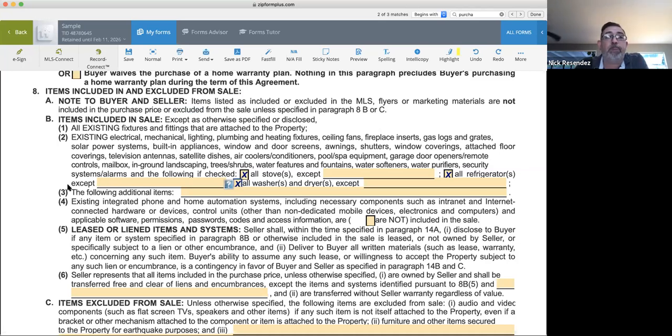Well, guess what? We're at the final walkthrough. The seller's there moving and packing, and we ask how it's going, and they say, we're almost done, we just got to grab our appliances. Uh-oh, right? Now we got a problem. So I called the agent. I said, hey, we asked for all the appliances. Your sellers are taking them. Please let them know that they need to stay. And I'll tell you, he was a little upset. I got some really nasty texts from this guy